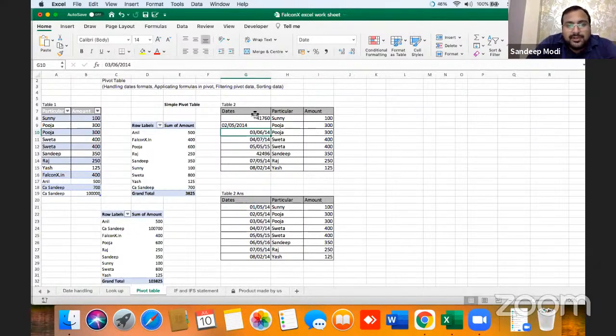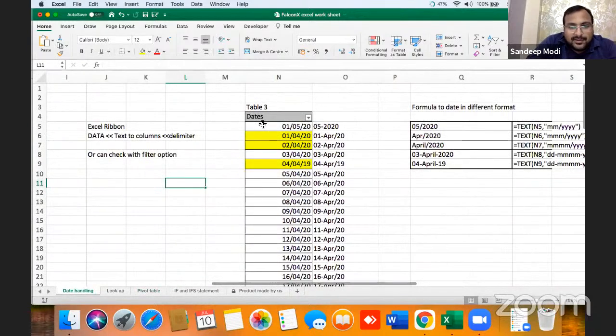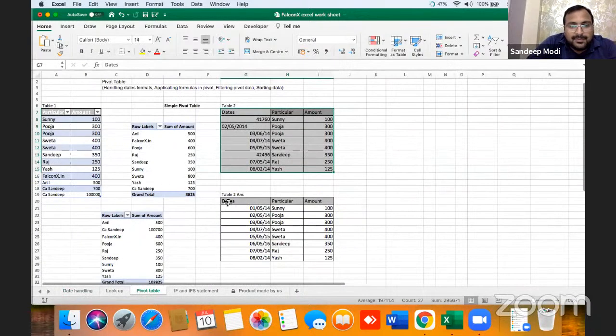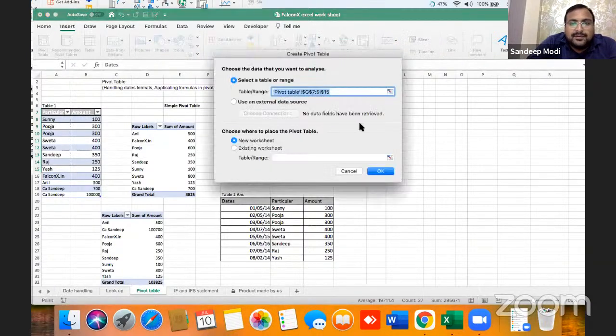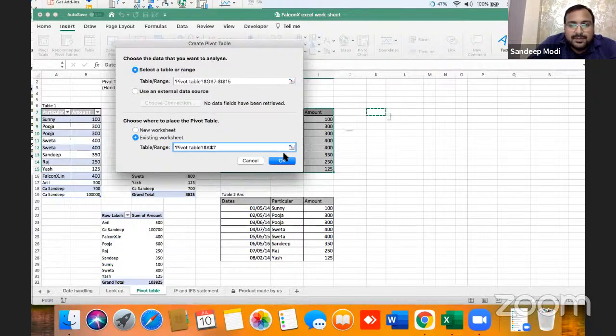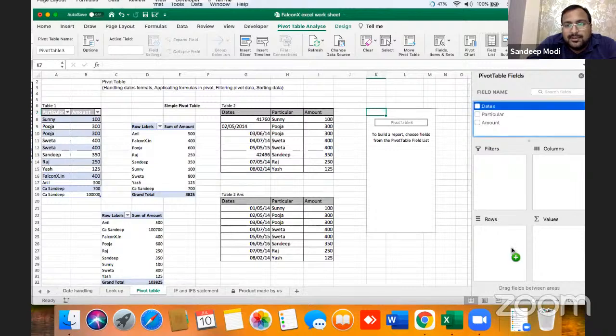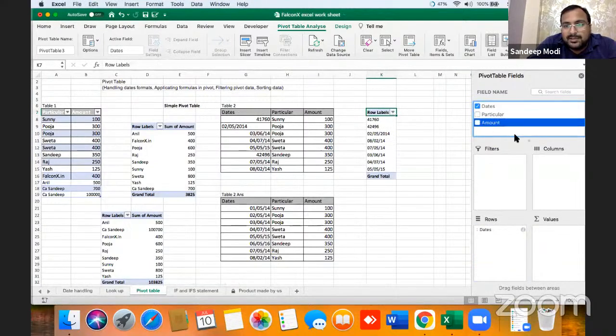Now let's learn the importance that dates should be in the proper format, which we learned a few times back. This is the data, insert, pivot, existing sheet. Now this is the date and this is the amount.